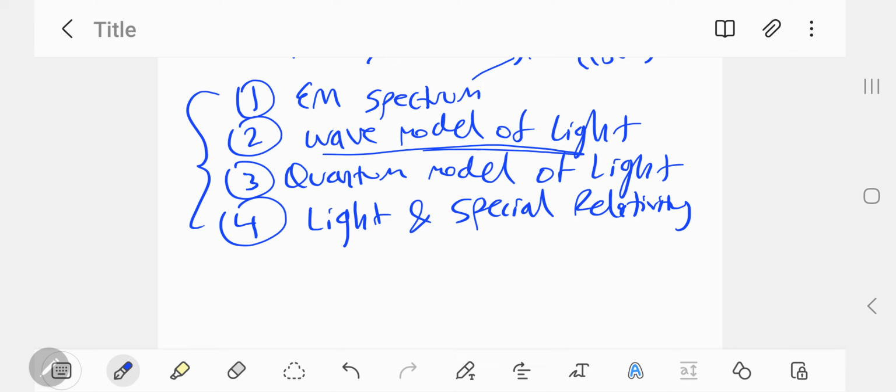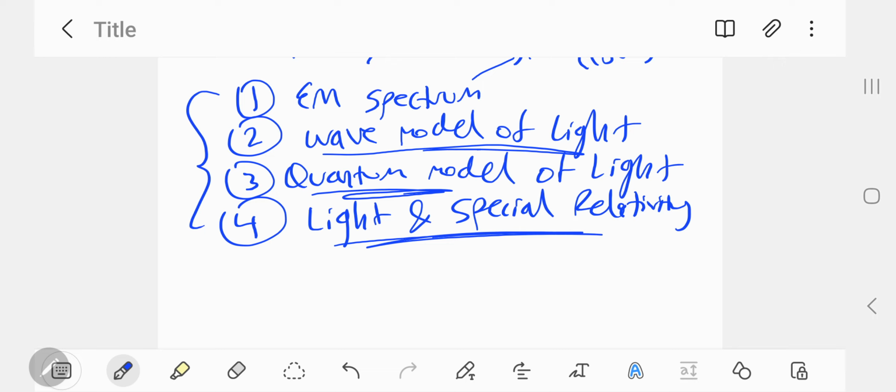Malus's law. We'll then move on to the quantum model of light, looking at the work of Max Planck, the German physicist, who kick-started the quantum revolution in 1900. And we'll also look at things like the photoelectric effect, so Einstein's model of light. Einstein believed in light being made up of particles. And this will then lead us into